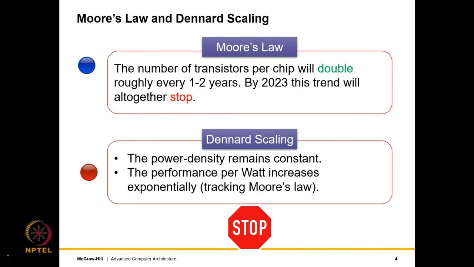There have been two laws in computer architecture, which are essentially empirical observations, which have continued to hold, and which are very important. The first, as we just discussed, is Moore's law. It says that the number of transistors per chip will double roughly every 1 to 2 years. It has more or less held up till now, but now it's expected to come to an abrupt stop. The reason is that transistors, as we speak, which is 2021, are already very small. So the feature size, which is the size of the smallest structure that we can fabricate in silicon, has come down to